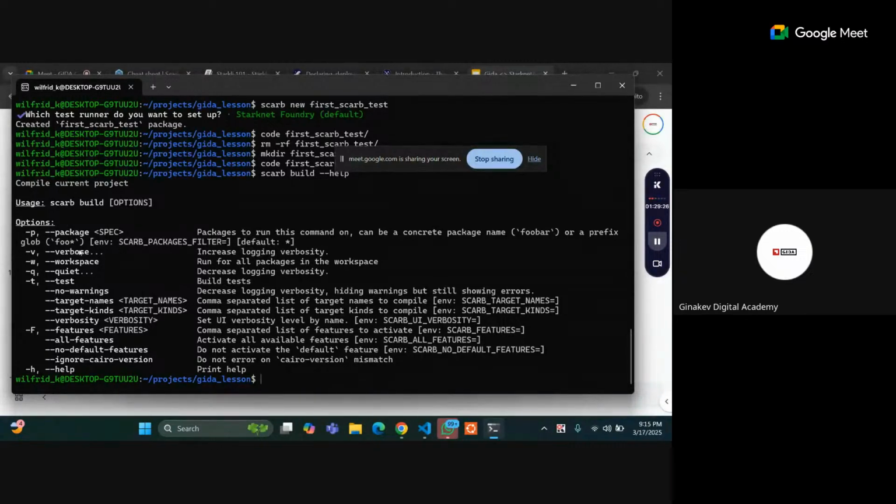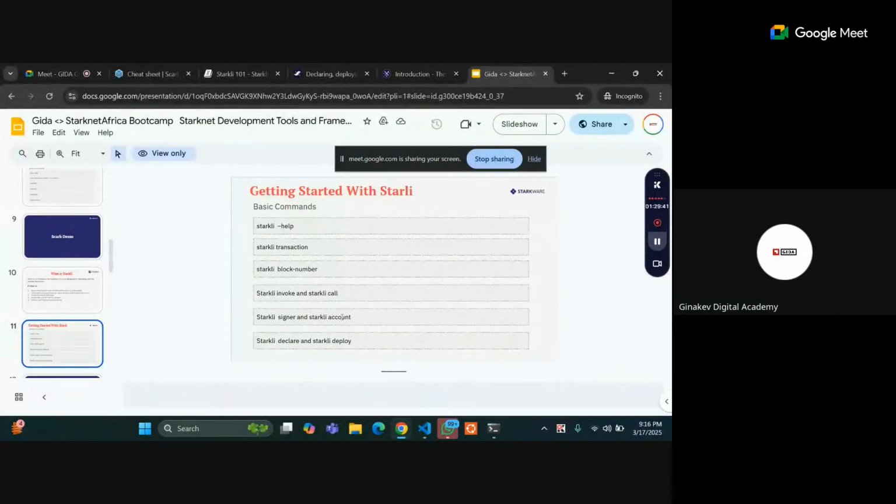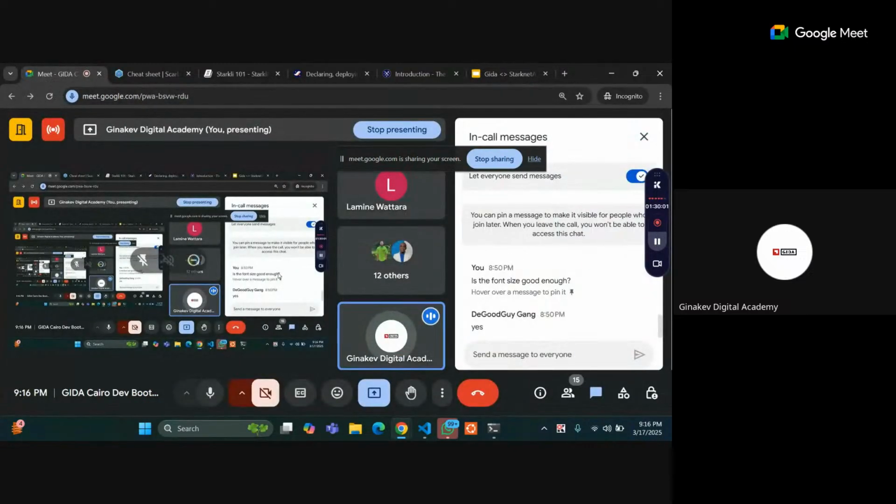It gives us different options for customizing our scap build, different flags. That's basically what flag options are, to customize your commands. So we have starkli help, transaction, block number, invoke, call, signer, account, declare, and deploy. We are going to be looking at these, but before I continue, how many of us have Starknet